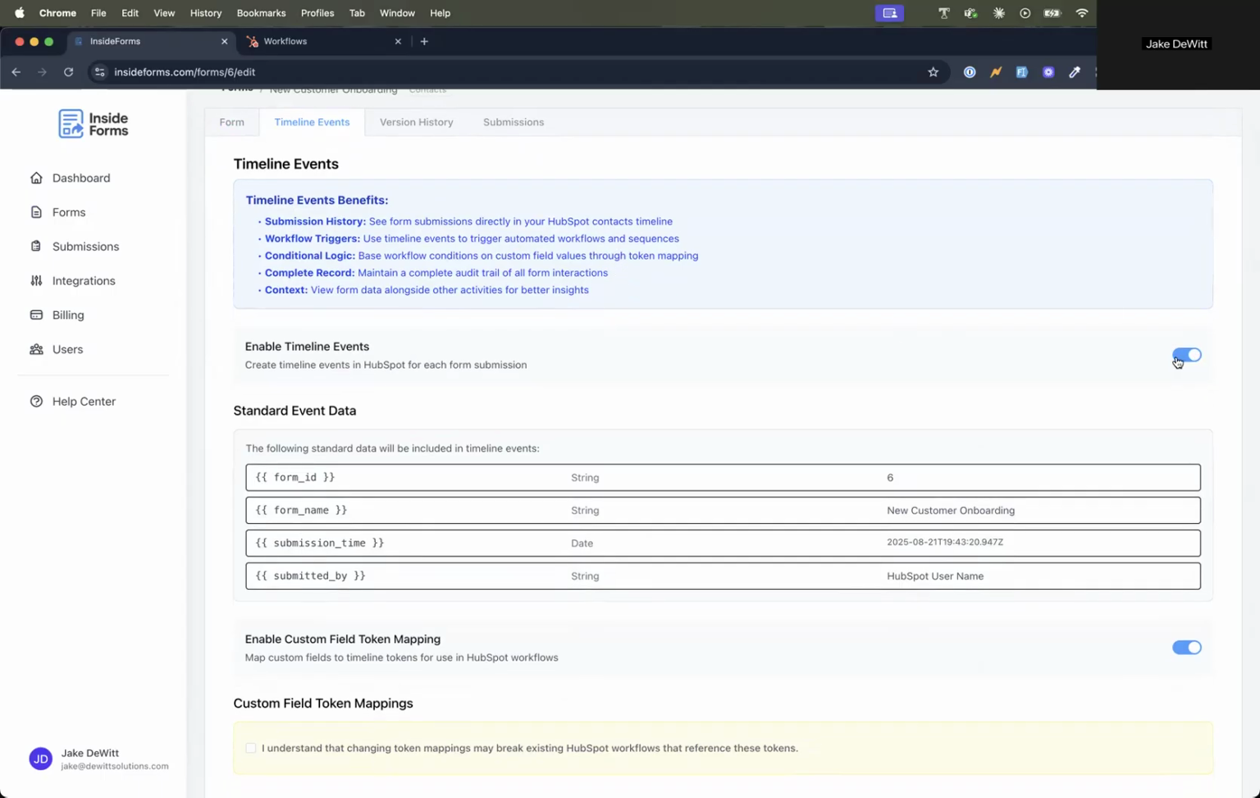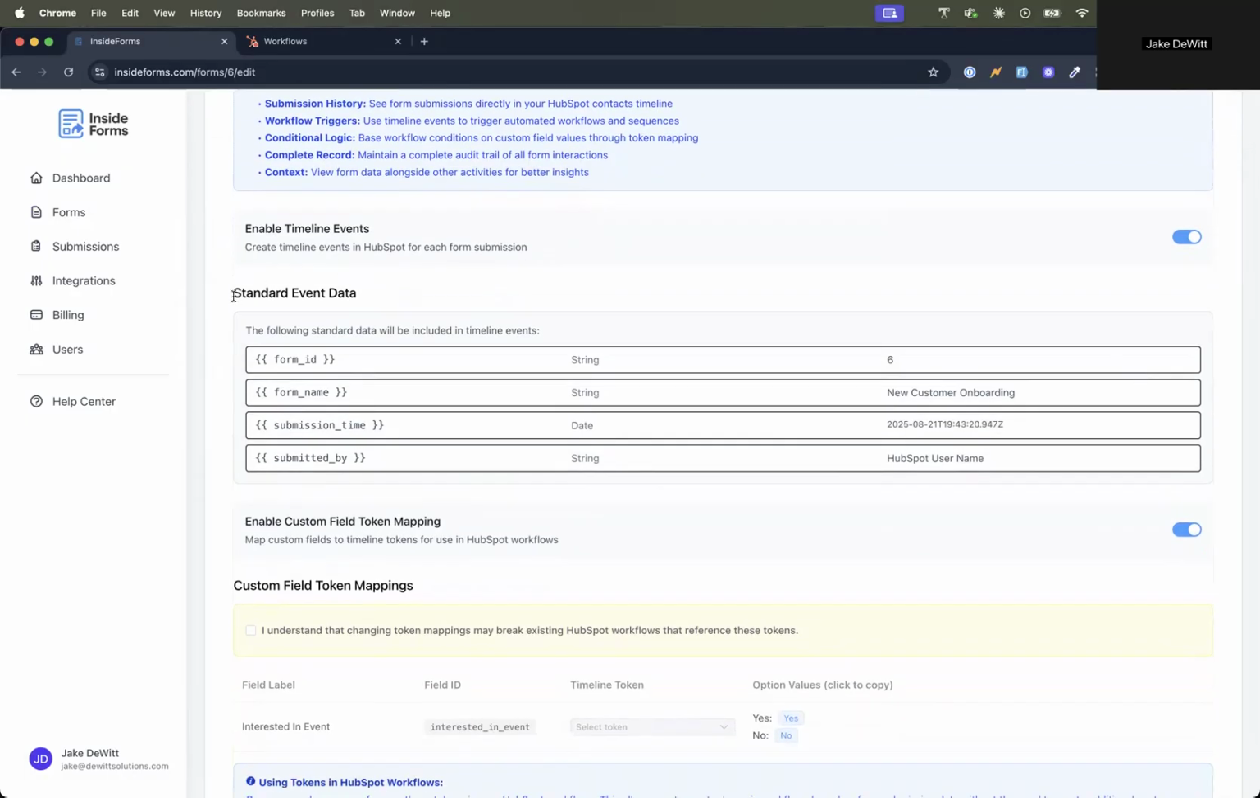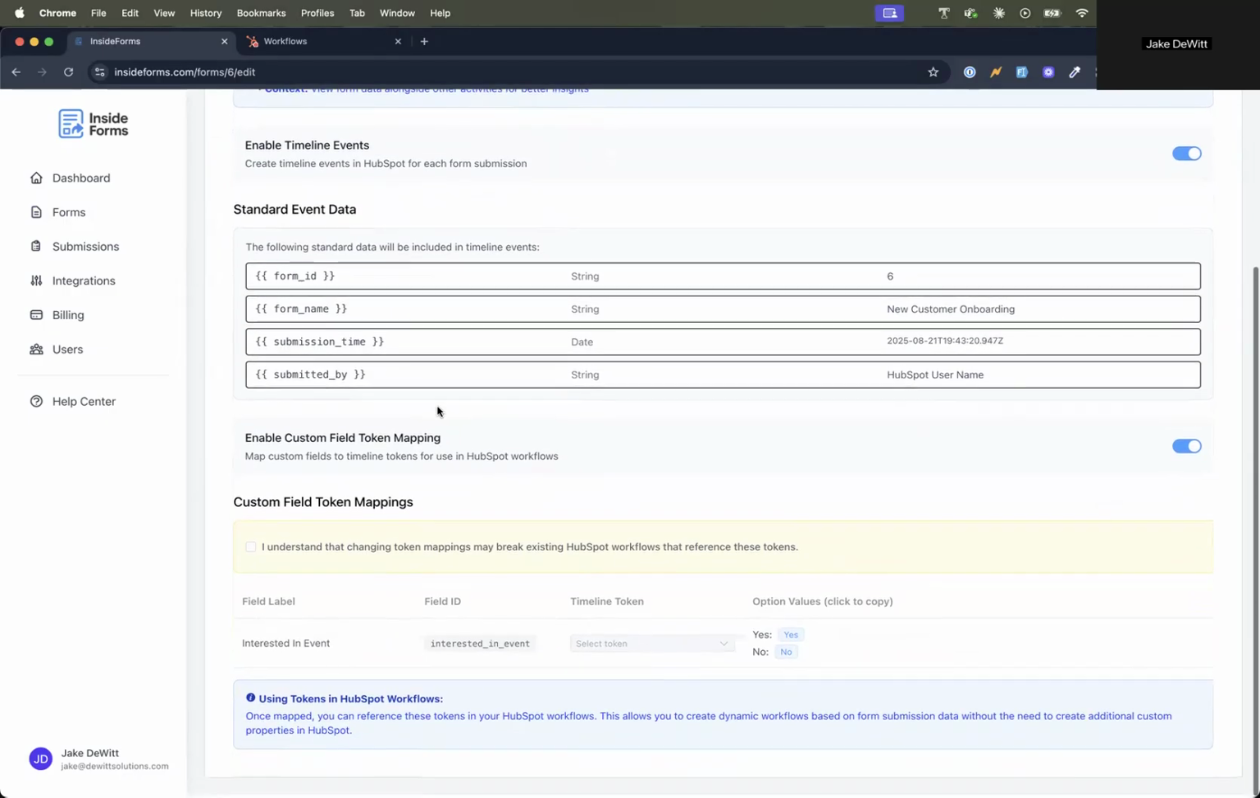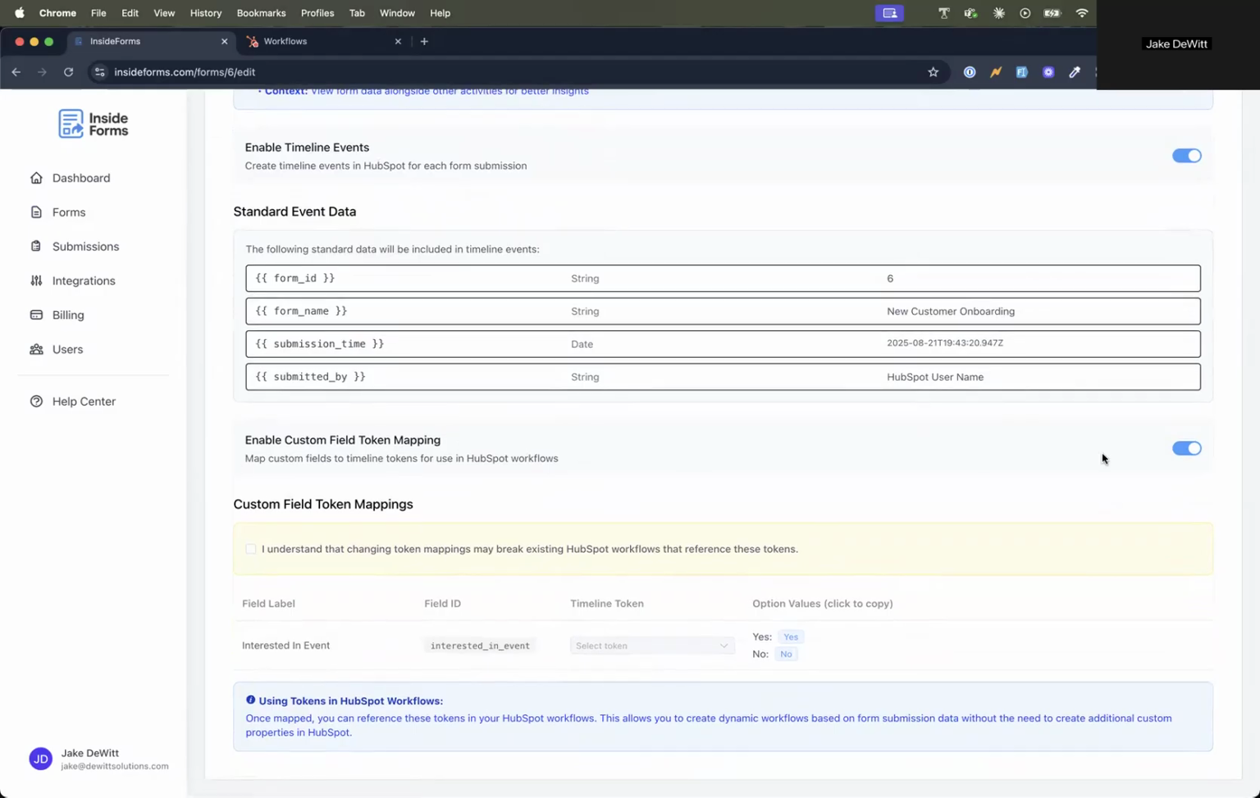By default, it should be enabled, but you'll want to make sure you enable timeline events. This is going to submit the standard data. It's going to create a timeline activity when this is submitted. Also, you have the option where you can enable